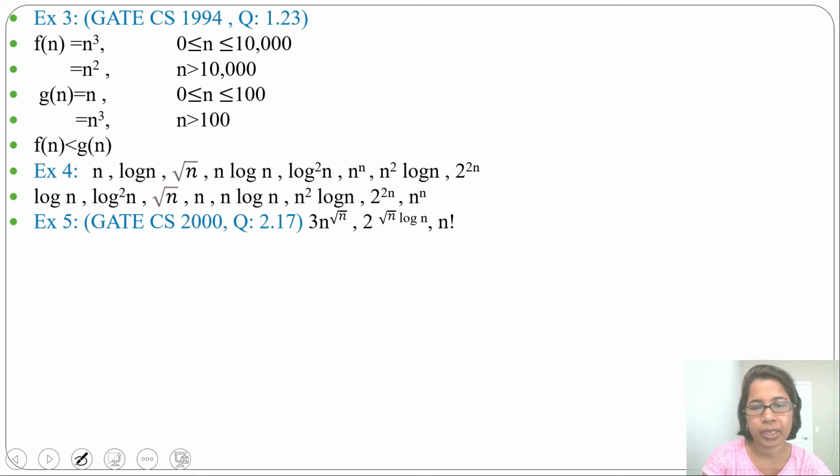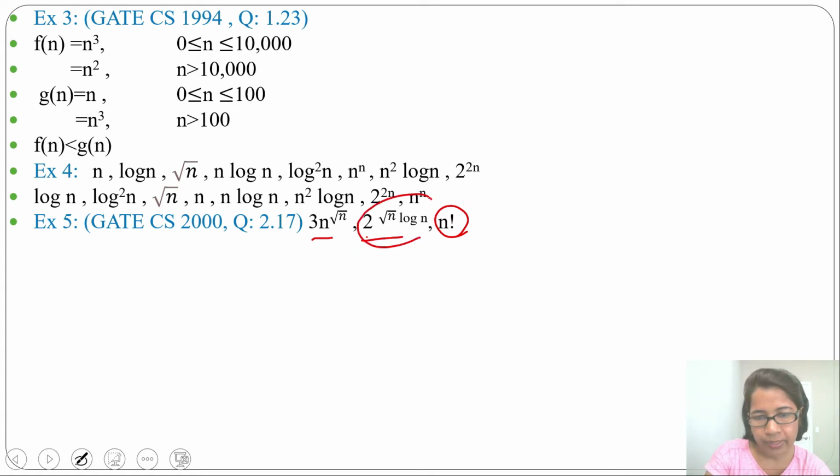3n^(root n), 2^(root n log n) and n factorial. The order of growth of n factorial is higher than these two, so n factorial will be the highest order of growth. Now we need to compare these two. This is a polynomial and this is an exponential, with 2 as the base. Normally a polynomial has a lower order of growth than an exponential. But wait,